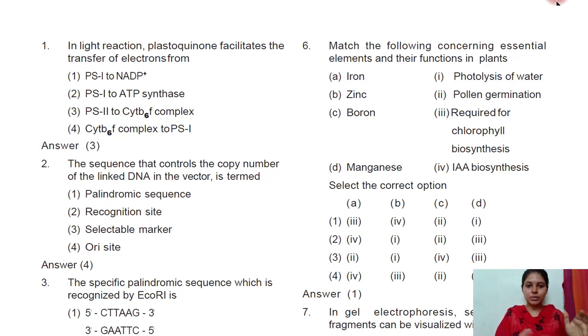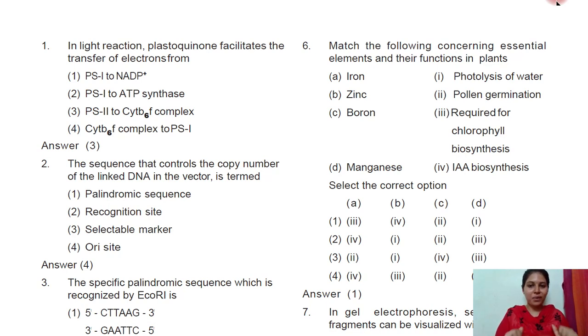Each question carries 4 marks, and if it's wrong, 1 mark is deducted from the total score. I mean to say that it's negative marking. So that's all about the question paper. Regarding my review, physics had a lot of application-oriented questions, chemistry was at a slightly mediocre level, and biology was really easy.